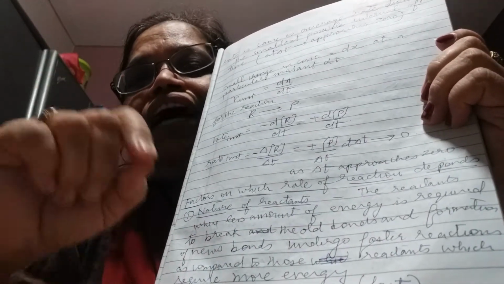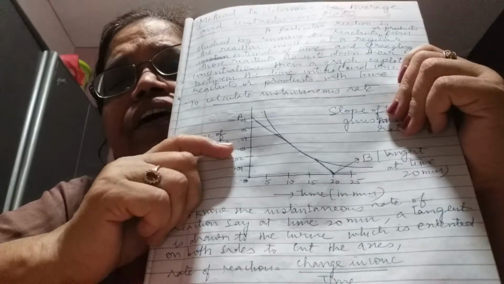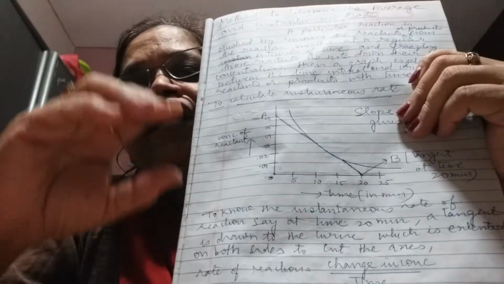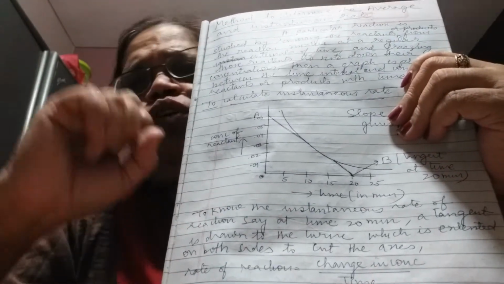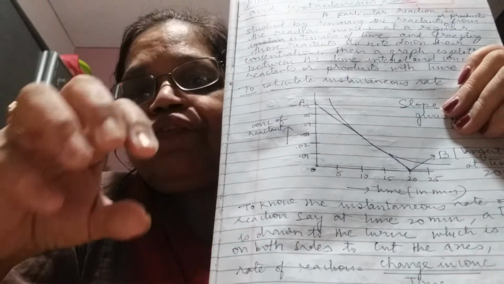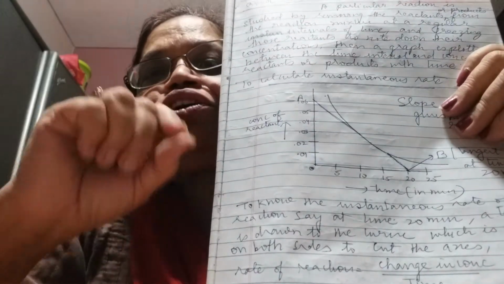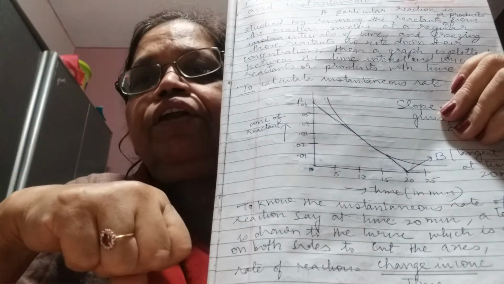In order to measure that rate, we take a particular instant of time and then we draw the curve to it. Then what are the different methods to find out the average rate and the instantaneous rate? Now, in order to find out the instantaneous rate, what do we do? We carry out a reaction, any particular reaction, and after carrying out that reaction, after an interval of time we divide the time interval,